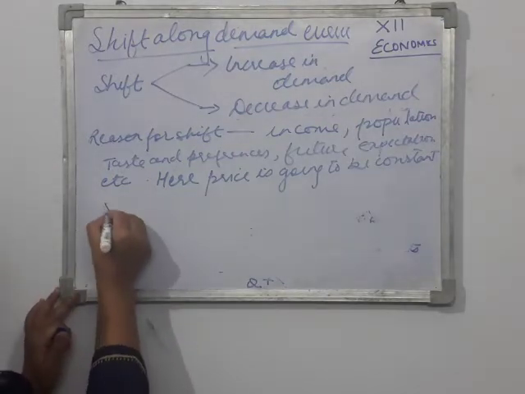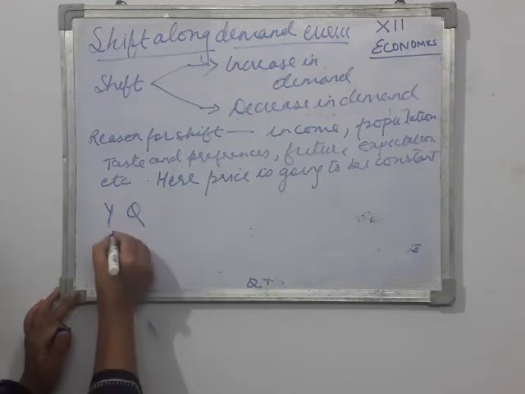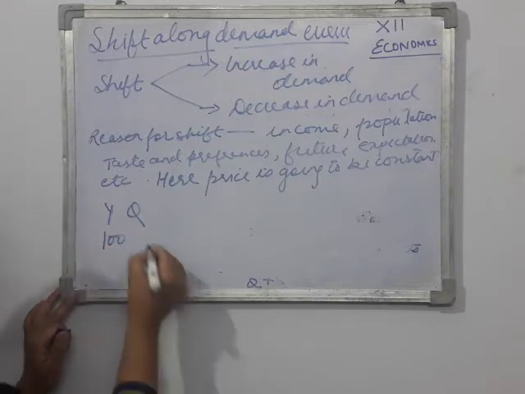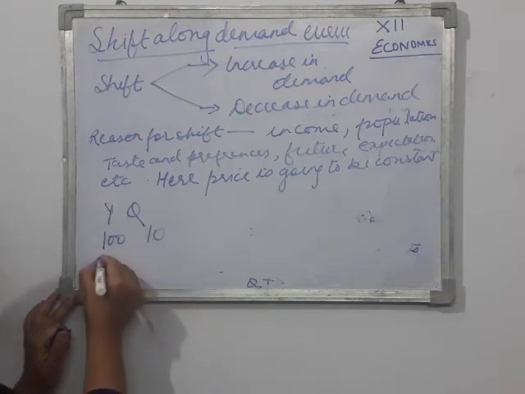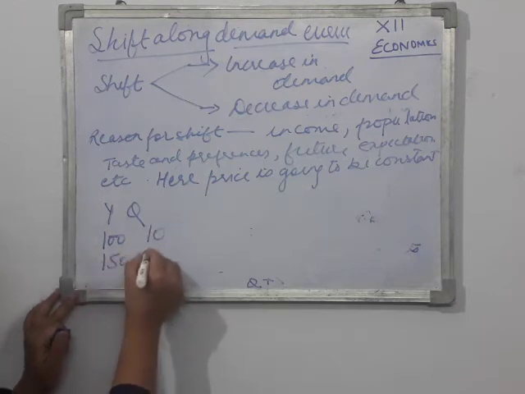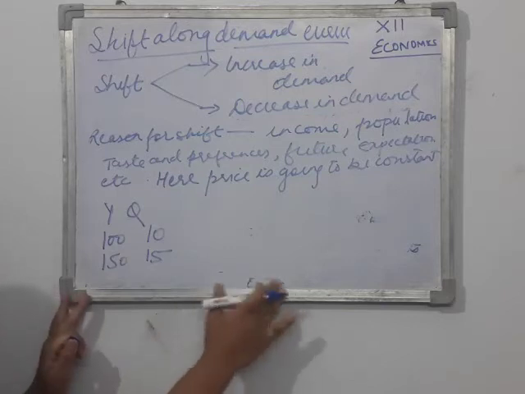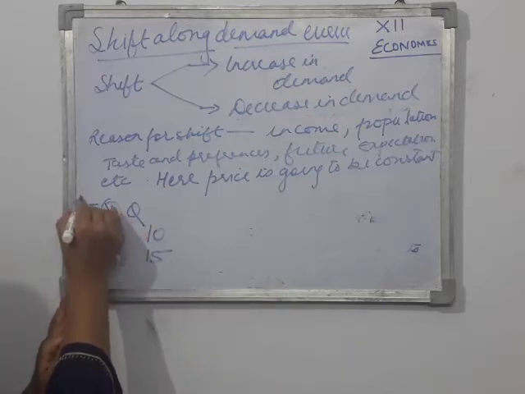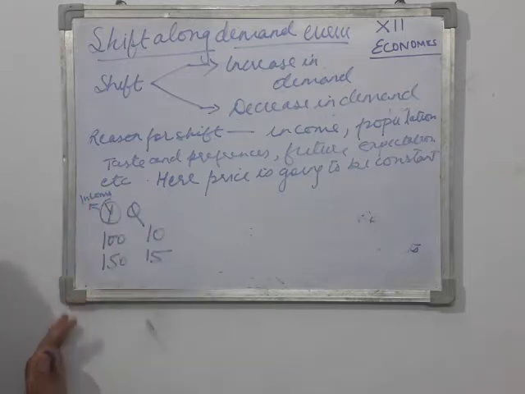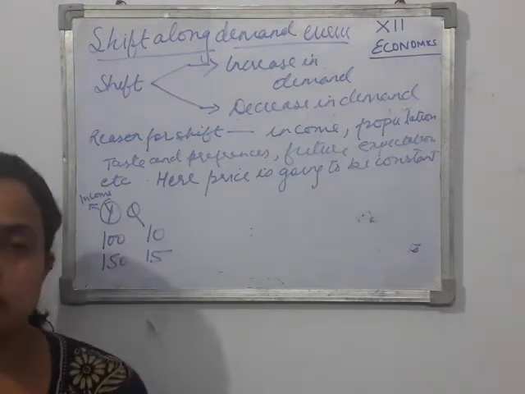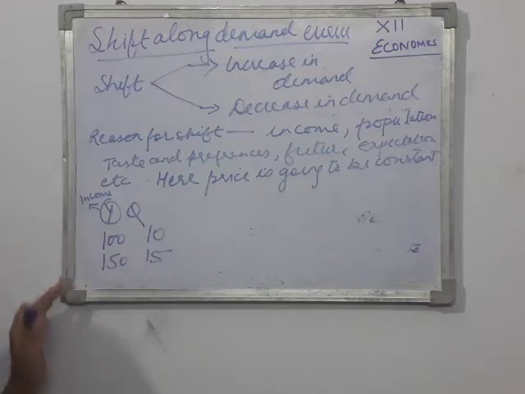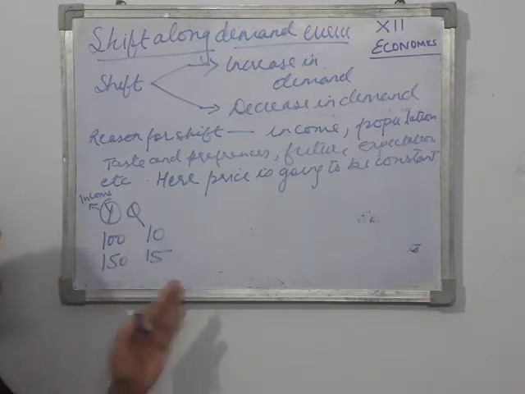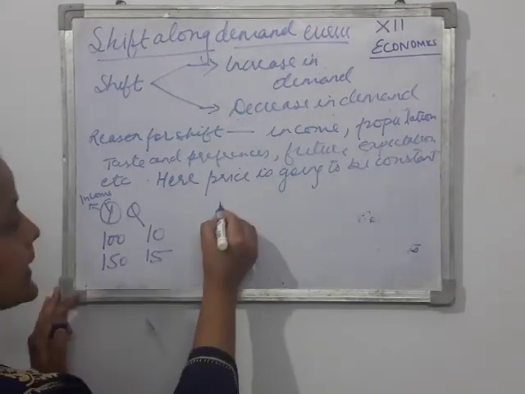So we can take an example. Here we take income and quantity demanded. If income was earlier 100, you were demanding 10. Then income increased to 150, then you started demanding 15. Y is denoted for income. So when income was 100, people were taking 10 units, and when the income was 150, they started taking 15 units. So in the diagram, if we see,